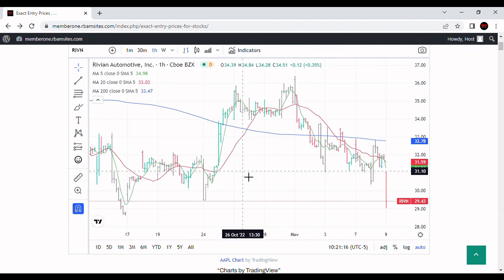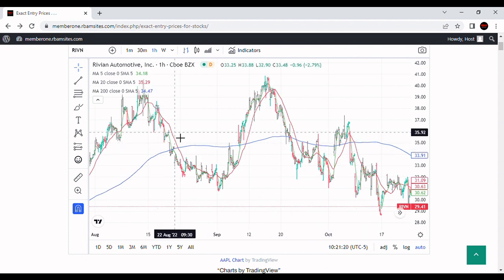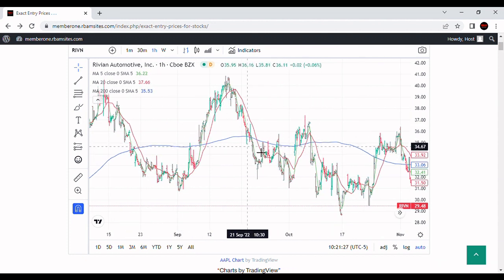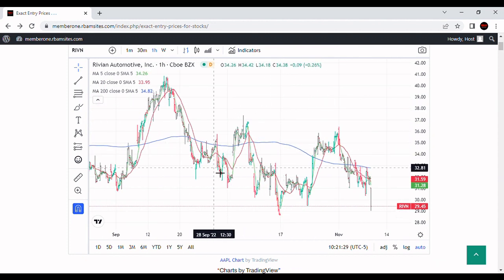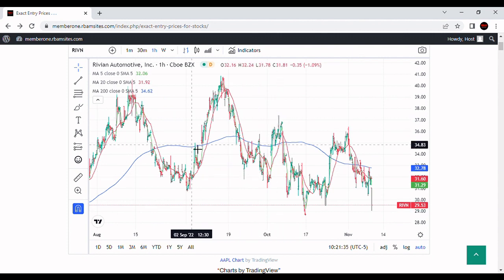Let's take a look at the hourly chart. We can take a look at this chart, and we can see the 200-hour moving average going all the way back here to August, they're just oscillating. This is a pretty standard looking chart in terms of oscillation around a 200-hour moving average. It's got a lot of spikes, a lot of very high volatility on single hour bars. That's a little unusual, not hugely unusual, but a little unusual. As you can see, it looks kind of ugly. It looks kind of droopy, like a tree,